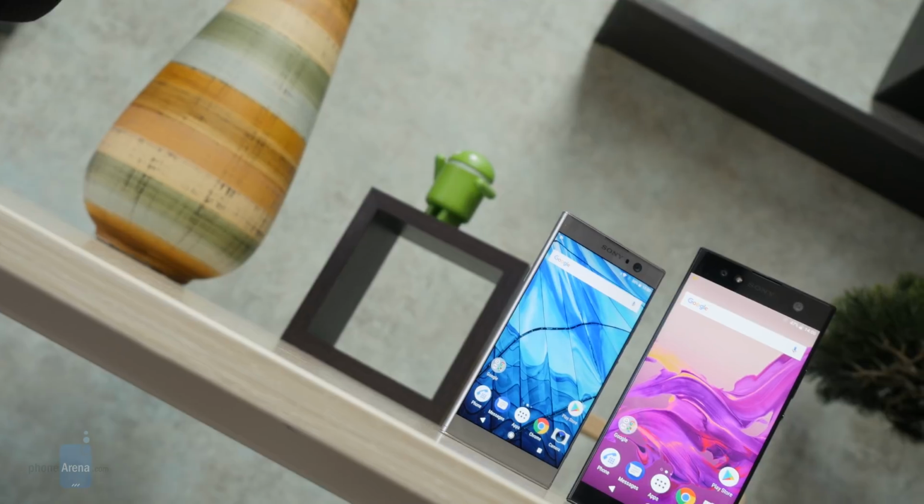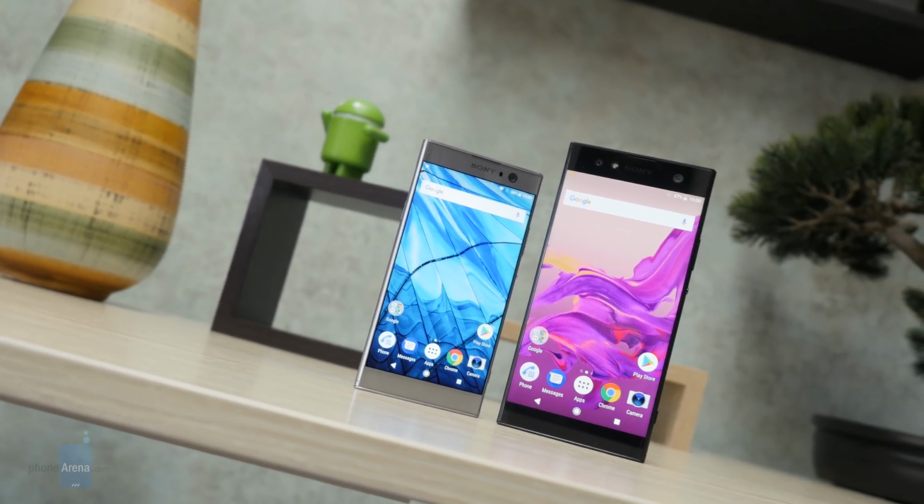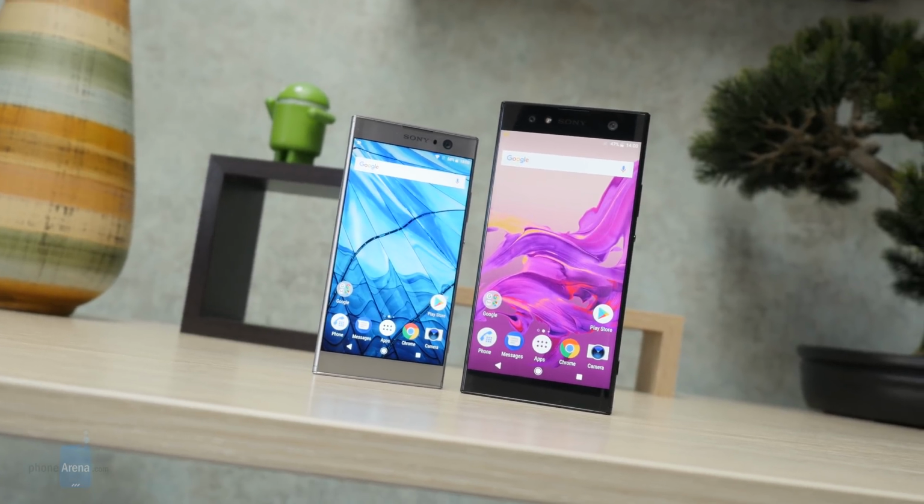So, with all things said and considered, what is the final verdict? Are the new Xperias worth it? At start, the XA2 costs $350 while the Ultra goes for $450, and this pricing is actually quite reasonable and